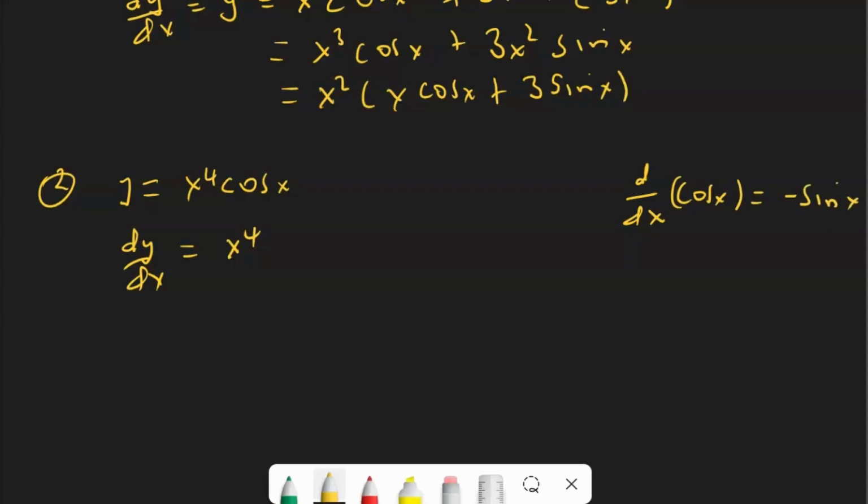So that means derivative of cos x is minus sine x,